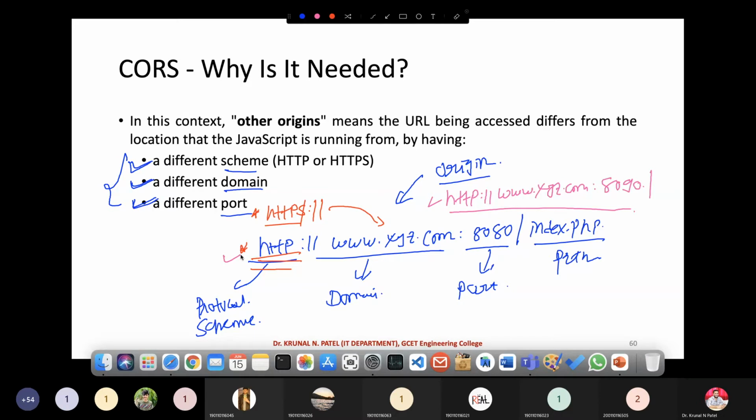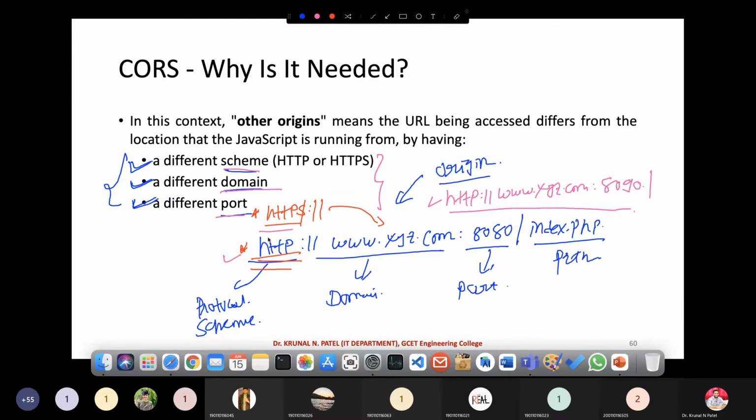So this is the definition of origin and other origin. Now you can remember what the same origin is: if the scheme, domain, and port are the same, it is known as the same origin. But if any of these three properties is different, then it is known as another origin. Now, instead of xyz, if I have yzx, then it is a different origin.